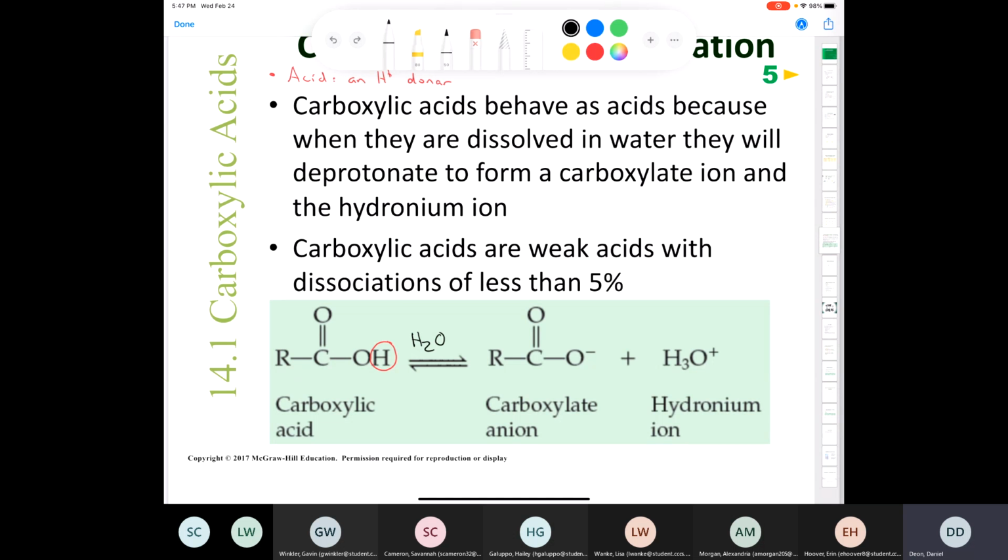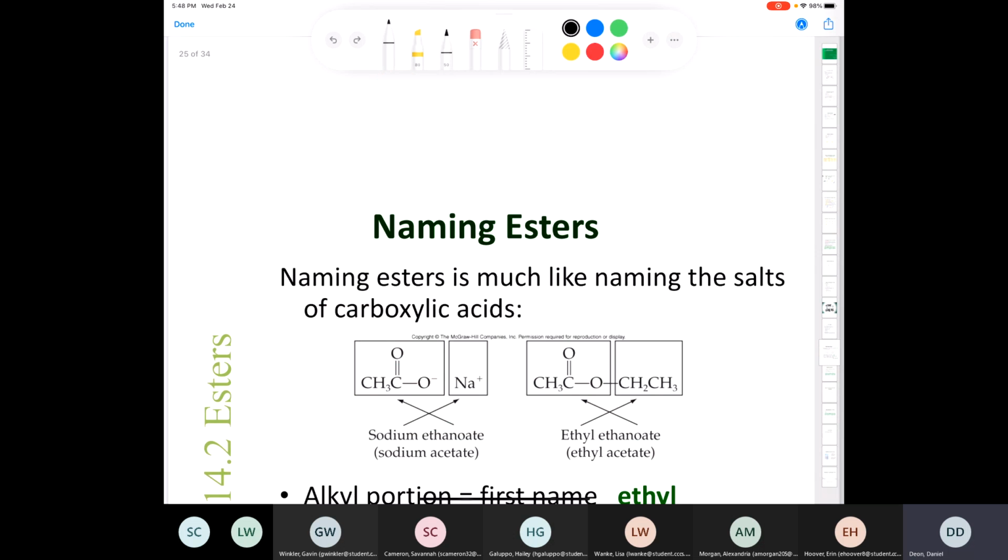Remember, in organic chemistry: carbonate, nitrate, sulfate, chlorate, right? These are things that have negative charges. So here's my negative charge right there. Now you might be wondering, well, how much do carboxylic acids dissociate, Mr. Dion? Well, since they're weak acids,